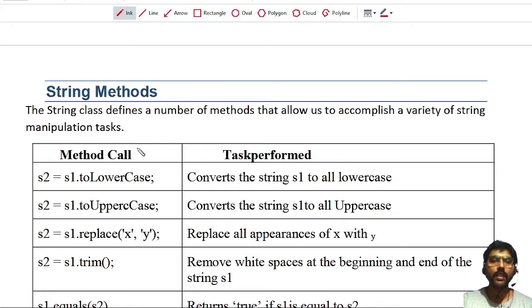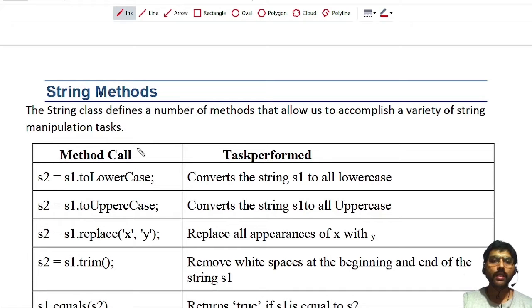One important point you have to remember here is, in Java there are two types of strings. The first one is called the string class and the second one is called the string buffer class. In the string class, the strings are fixed. Once you create a string, we cannot modify the value of the string.